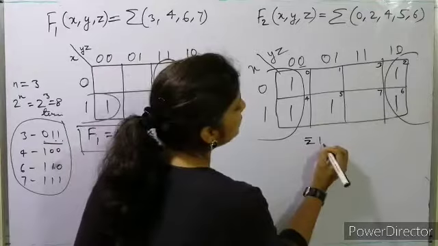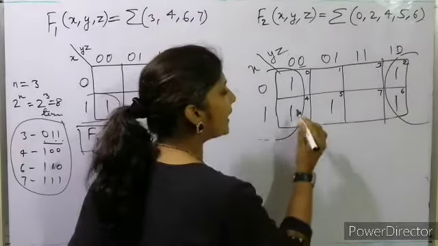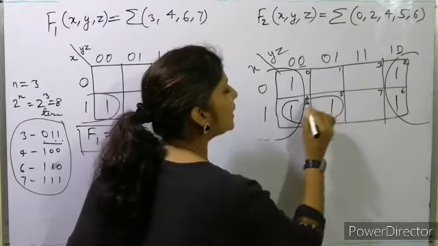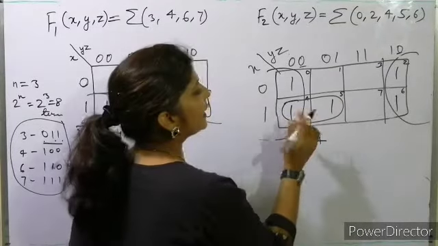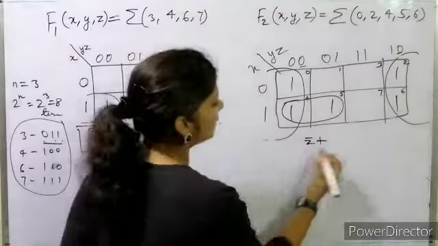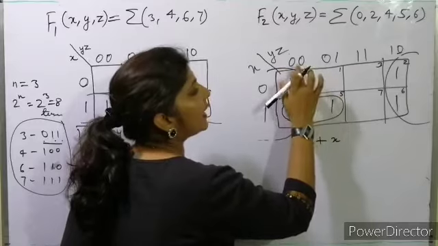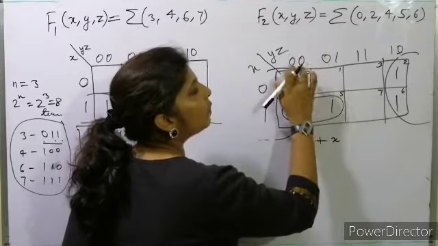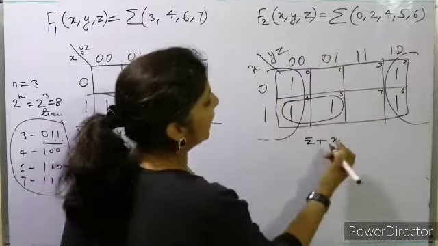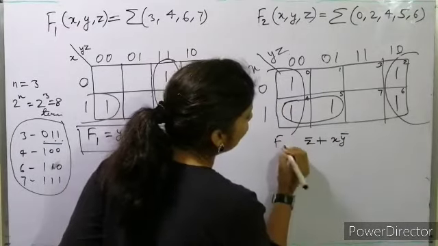Okay, now we have taken this at once, again we can take this, क्योंकि ये 2 boxes we can take. How? 1 is there, मतलब x will be 1, x का value is 1, तो x तो as it is रहेगा, and जो differ कर रहा है that is z का value, y complement of y is there, so y complement will be there. So this will be the value of f2.